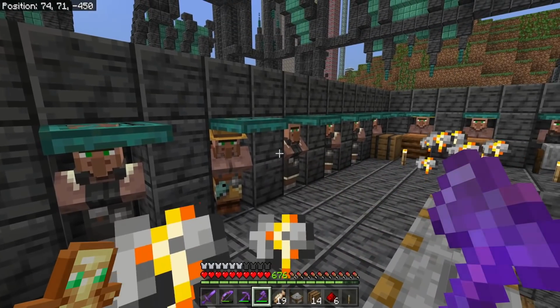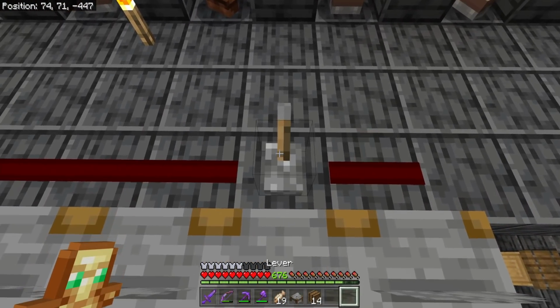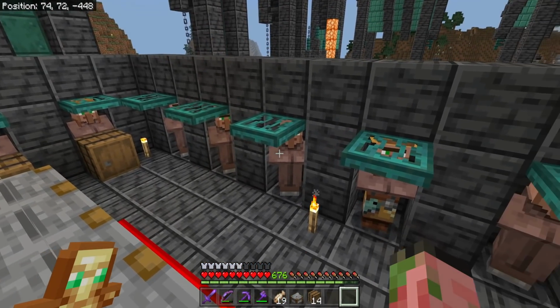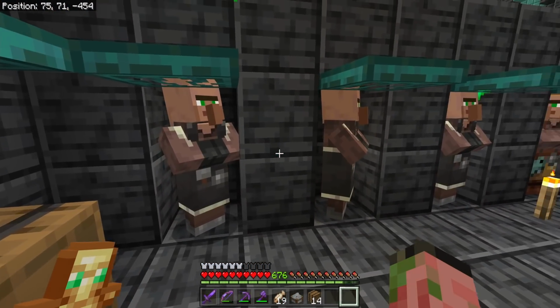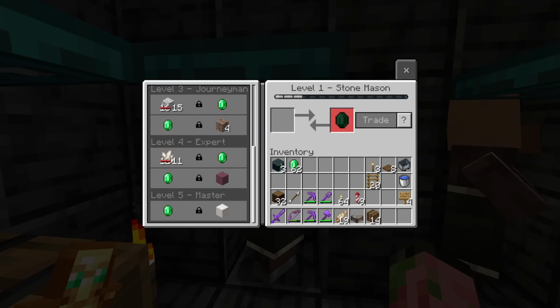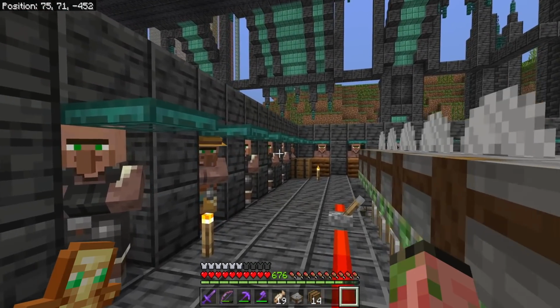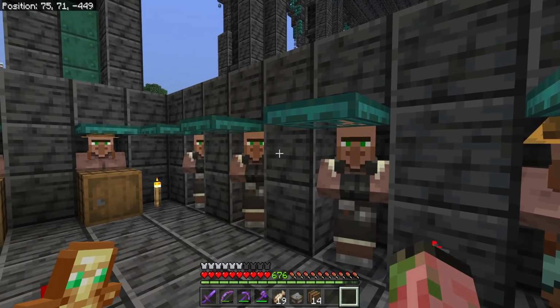So as you can see, all these guys are now the stone masons, and all I gotta do is power these pistons, and all of them will disconnect and become stone masons once again, refreshing their trades, getting brand new trades. And I can essentially keep on doing this until I get the best villager that I want, and that is pretty solid. So I'm gonna go ahead and get an entire array of these lovely stone masons,